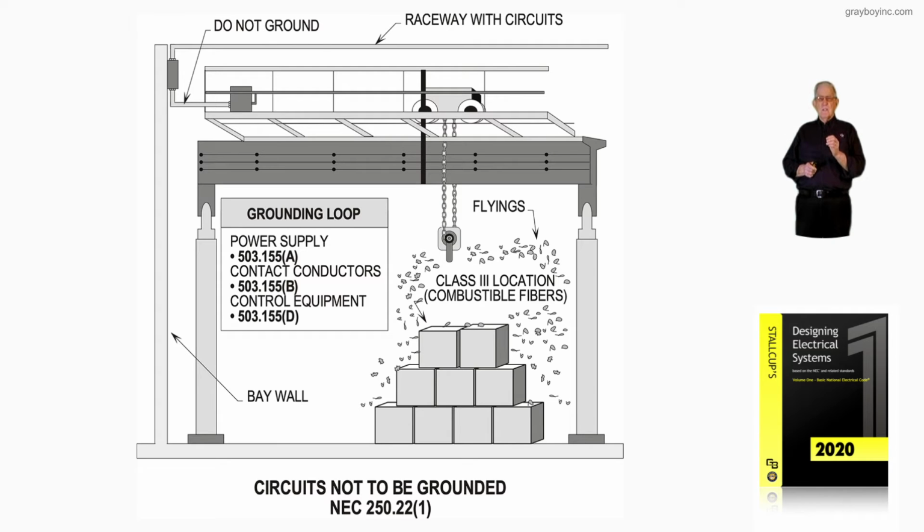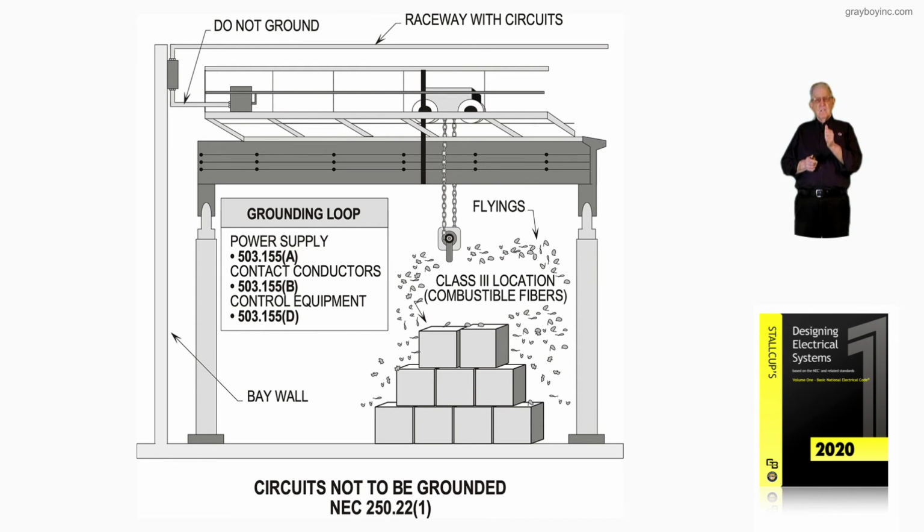But notice the raceway with the circuits coming over is supplied from an ungrounded system. Now you may have a primary feed from the service equipment that's grounded to a transformer, and then the secondary of that transformer would be run ungrounded. But the main point is, any of the items, like operating rooms, other areas, electrolytic cells, and areas like that,